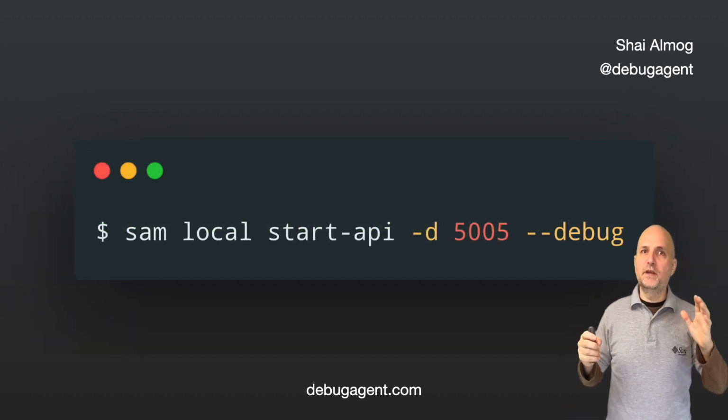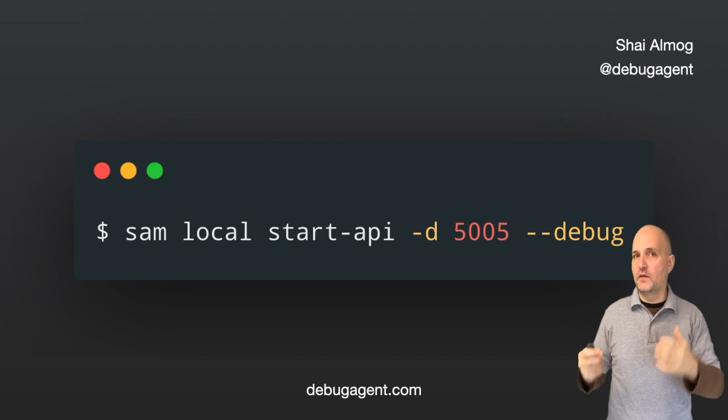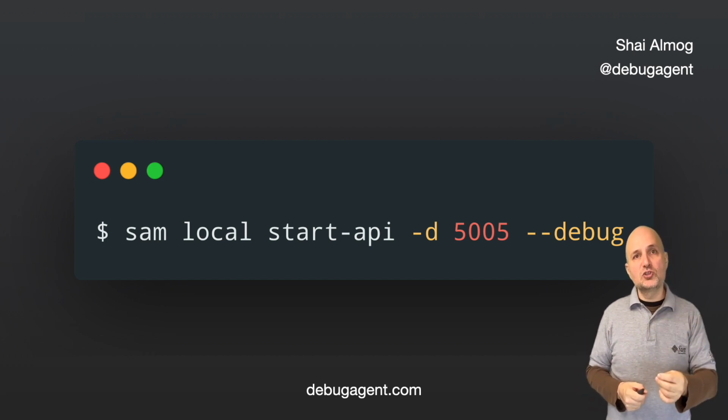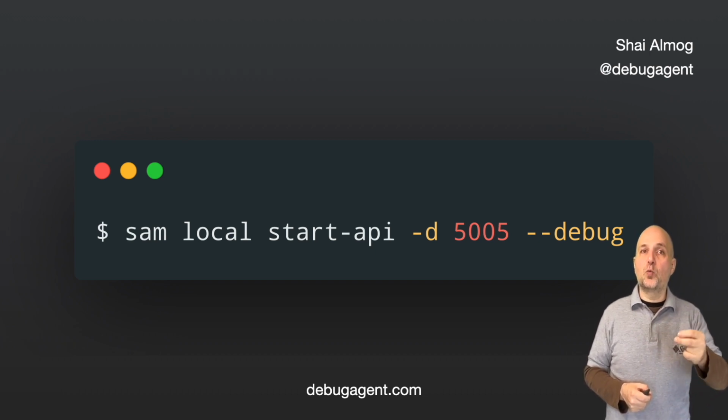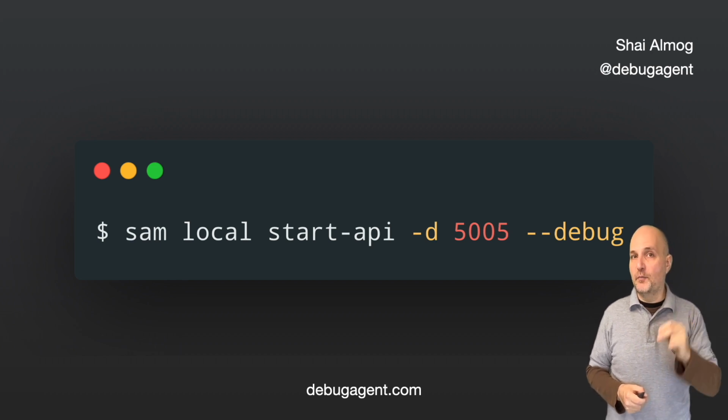To debug, we need to run the application using this command. Once launched in this way, the application is paused. We can invoke curl, but it won't do anything. The debug mode waits for a debugger to connect before proceeding.